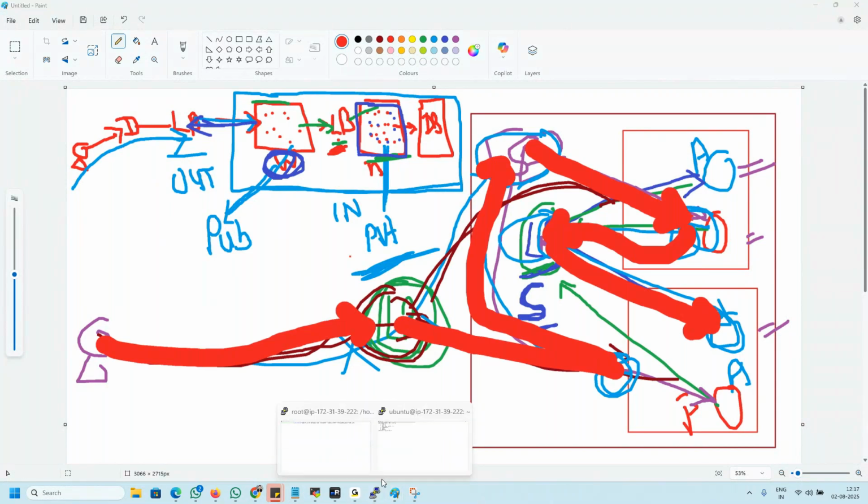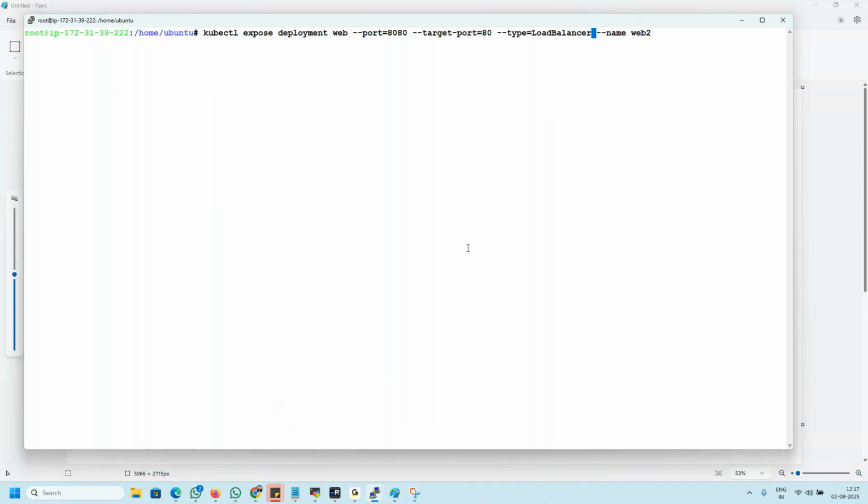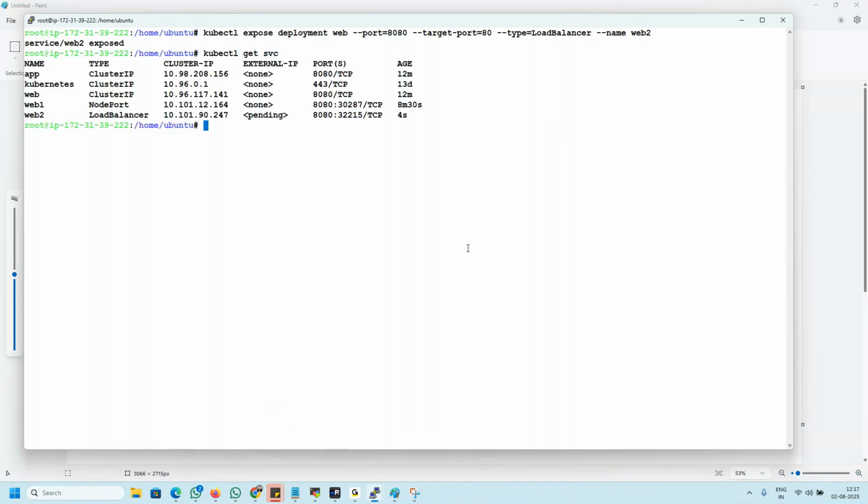Okay. So what to do? So I create, enter. Look at this, kubectl get svc. Look at it very carefully. Web 2, type load balancer. You got a clustered service? Yes. So if you access it, this one,